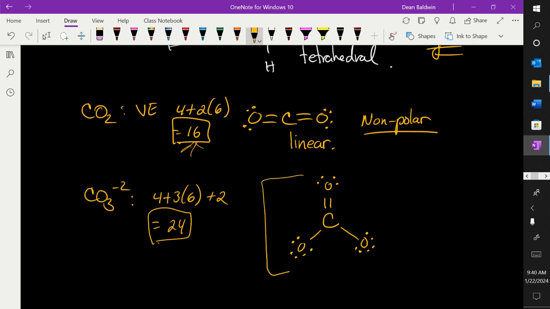There's all your electrons. Because it's a -2 charge, you should put it in brackets with a -2. And remember, that double bond can be on any of the oxygens. It doesn't have to be drawn like that. Okay? Do you remember what we call it when it has different structures? Resonance structure. Okay? I'm not going to ask you that, but